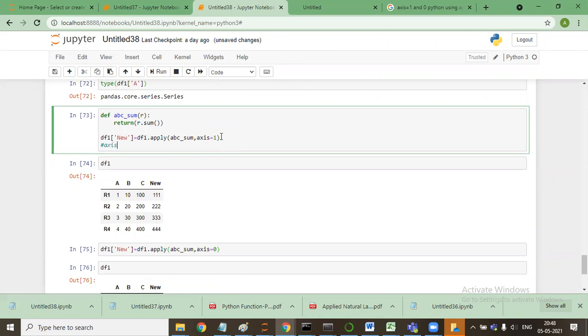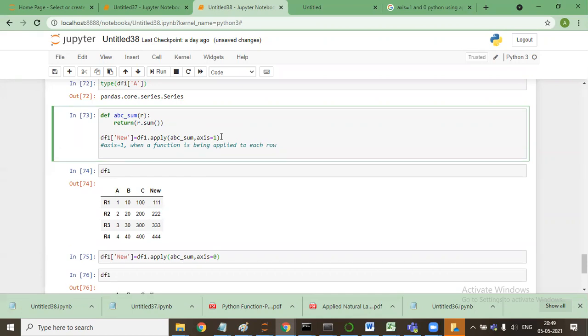So axis equal to 1 when a function is being applied to each row, and axis equal to 0 when a function is being applied to each column.